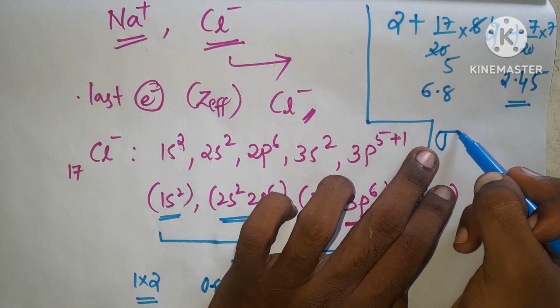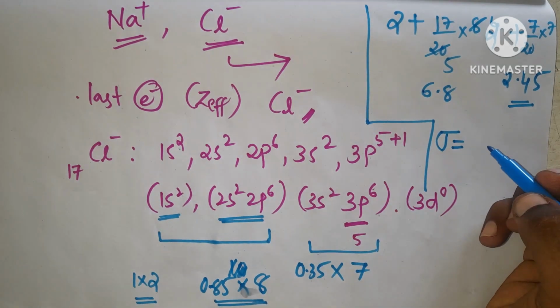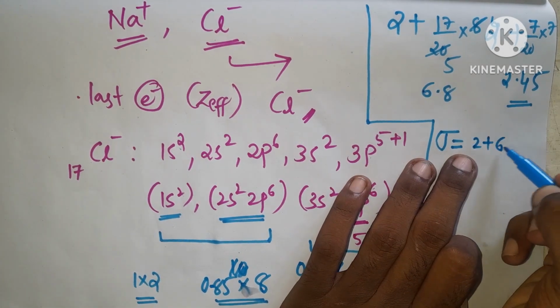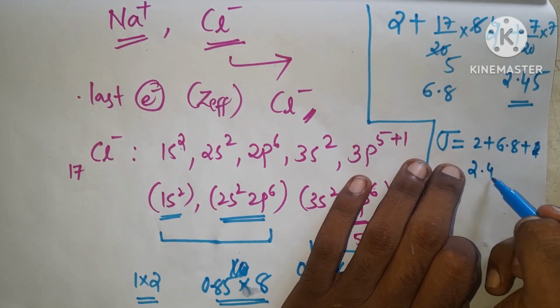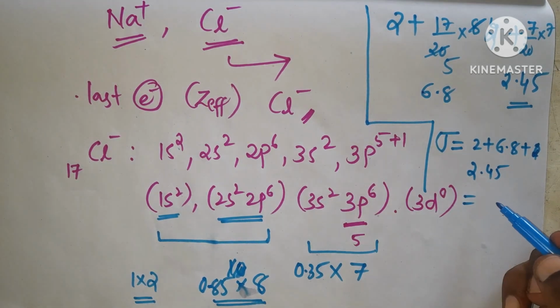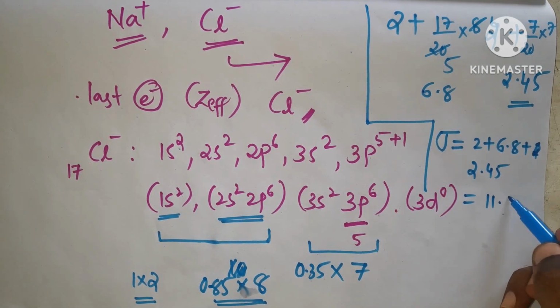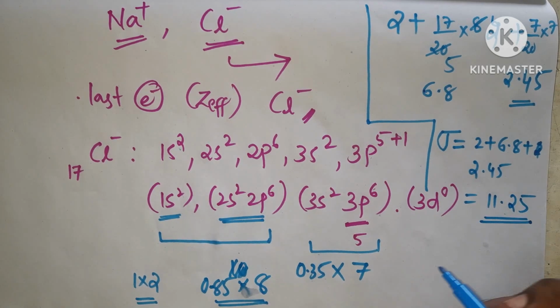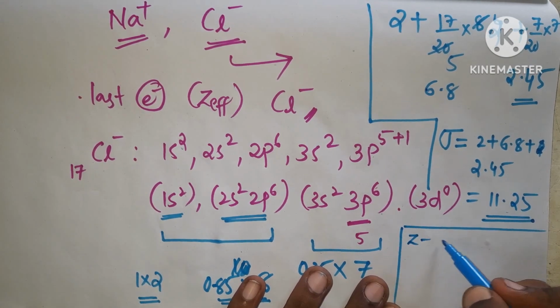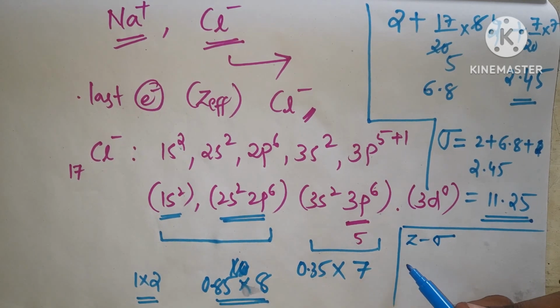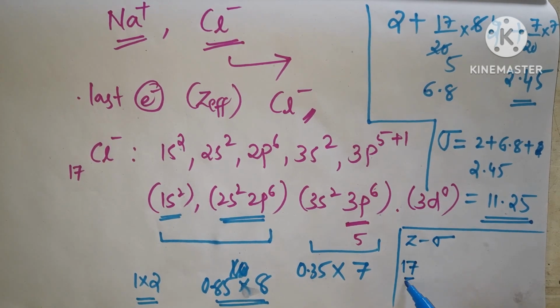So the shielding constant is given as 2 plus 6.8 plus 2.45, that is totally 11.25. So Z effective is given as Z minus sigma, where Z is 17 only,